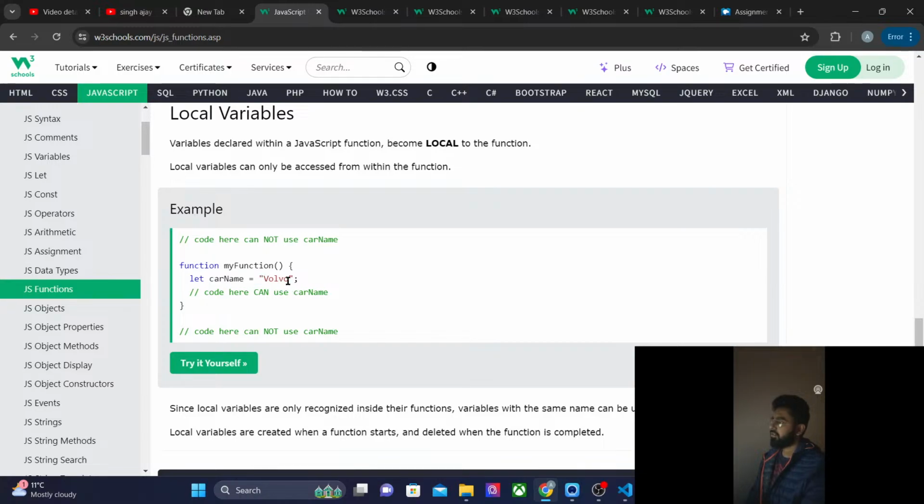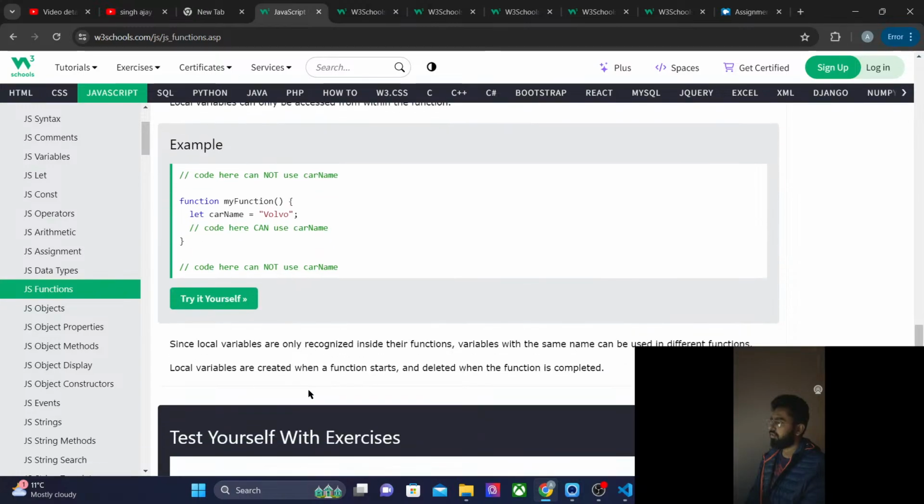Because let car name is inside this function, so it's not local. Okay,